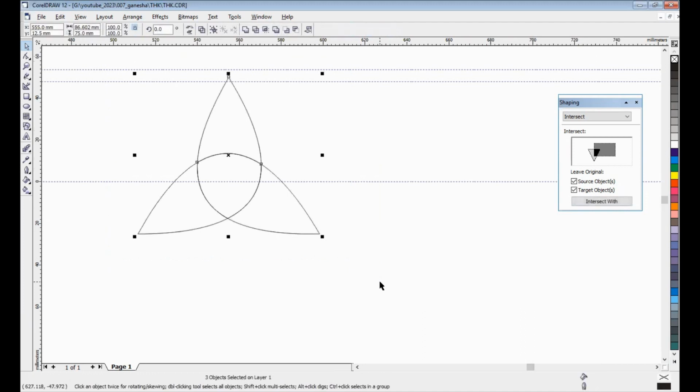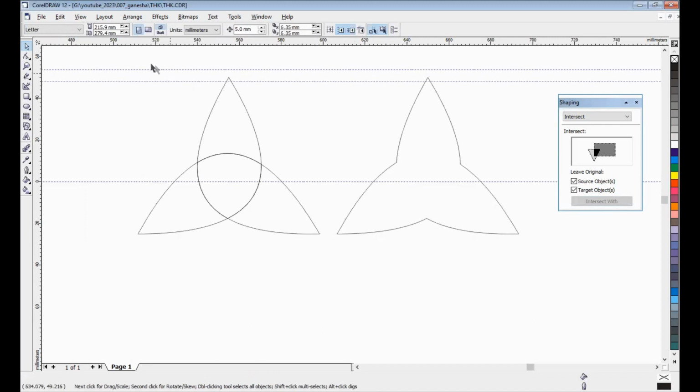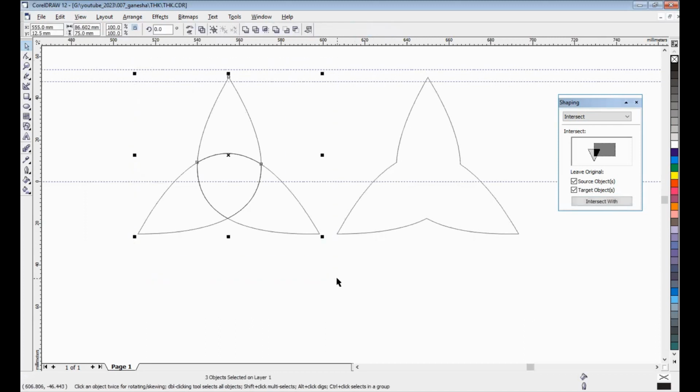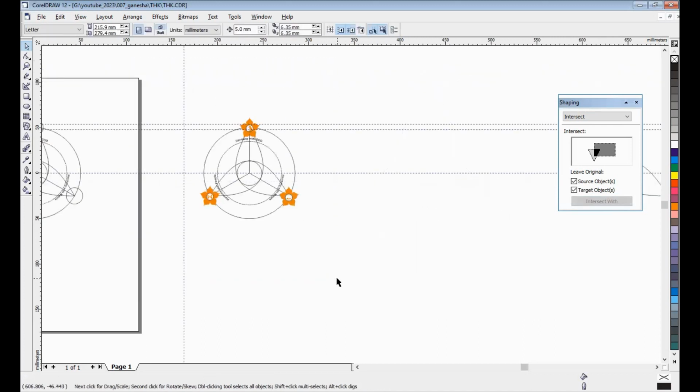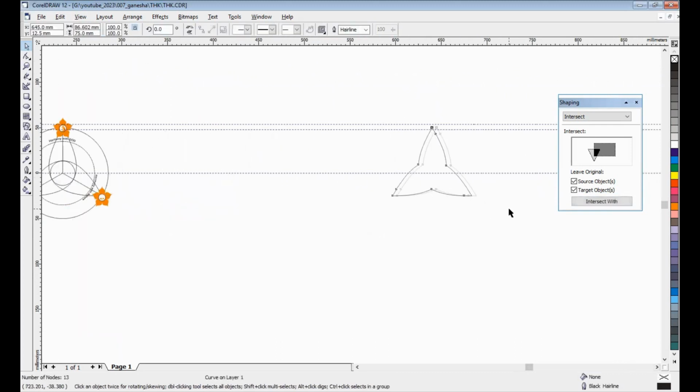Now I want to copy this, Control C, Control V, and I take the three objects. Okay, I can delete this. I move it closer.